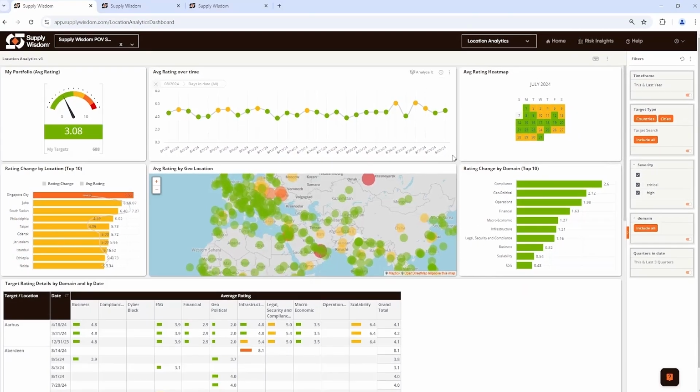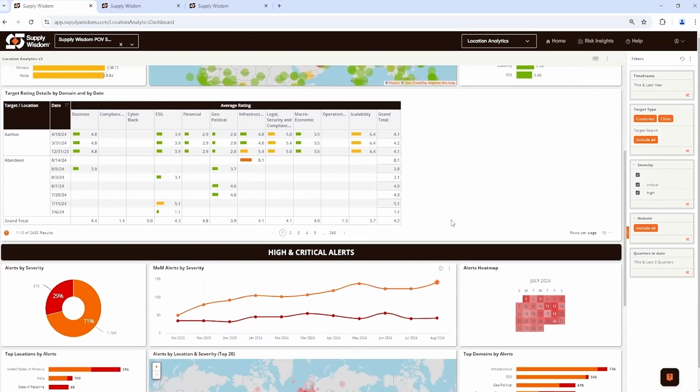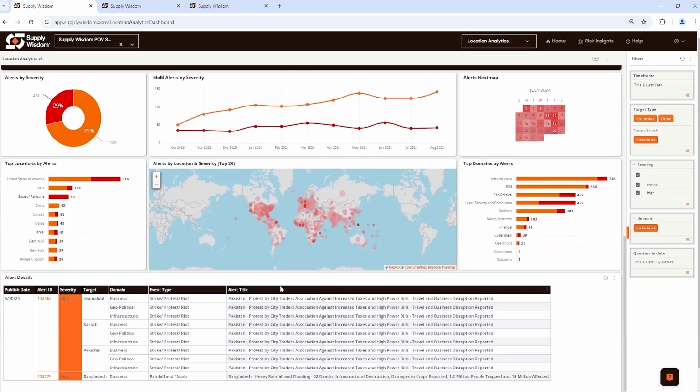The dashboard itself is also interactive to produce various filtered views. And once again, any filters that are set for the upper half of the dashboard will also produce a connection to any alerts which meet the criteria that you've set down below. So once again, if you're producing views of the progression of specific metrics and you'd like to relate those to alerts, you don't have to switch back to your alert analytics dashboard. You can contain that entire view within this particular dashboard.